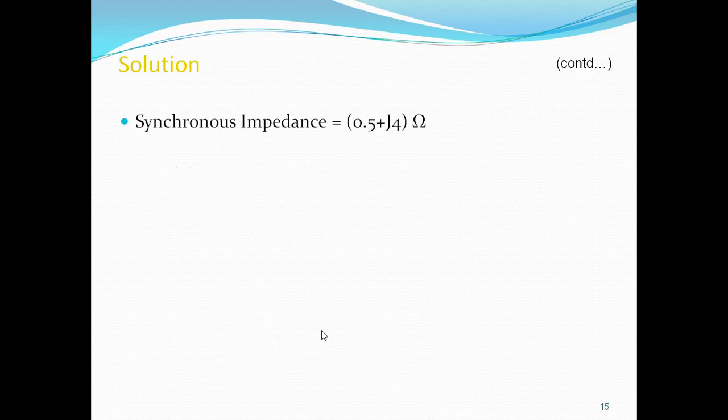And the synchronous impedance is given as 0.5 plus j4, where RA is equal to 0.5 and XS is equal to 4. Synchronous reactance. So the magnitude ZS is equal to the magnitude